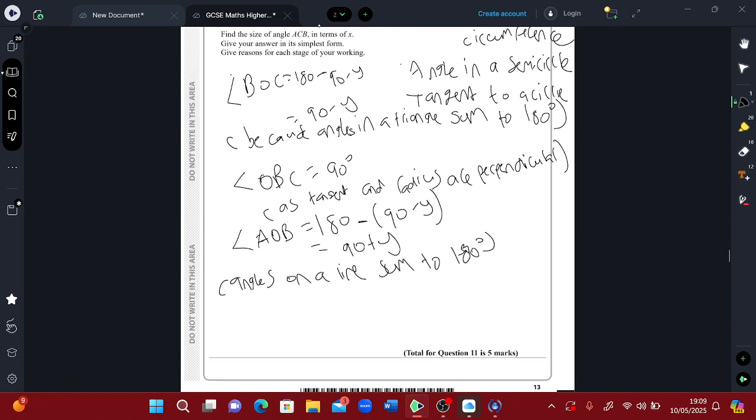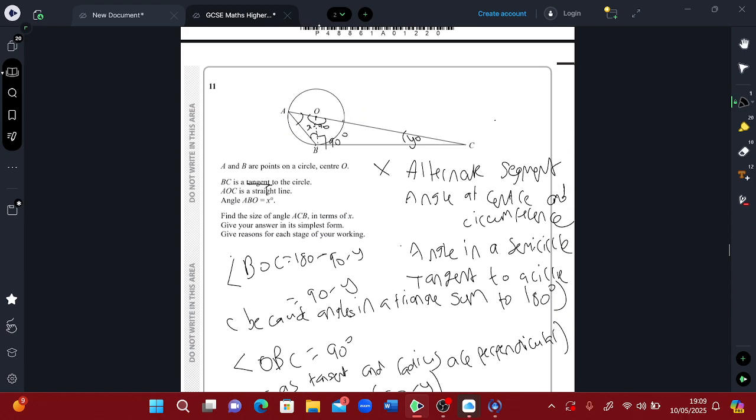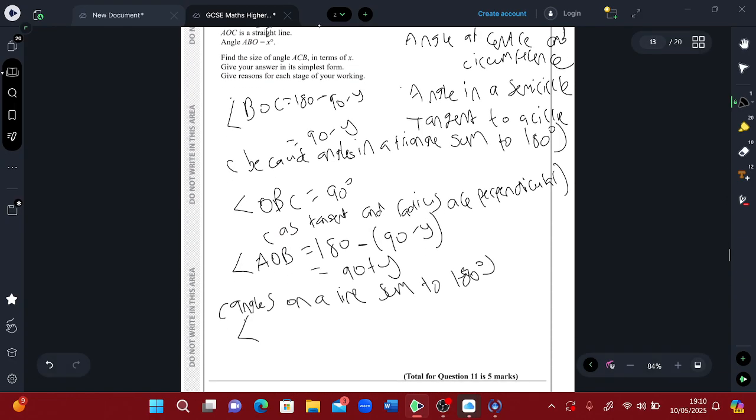So we also know the angle ABC, is it? No, BAC. Well, that's going to be 180 minus x minus y, and we can just leave it there, as, again, angles in a triangle